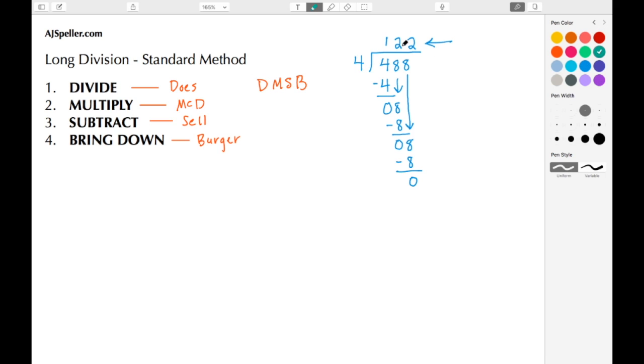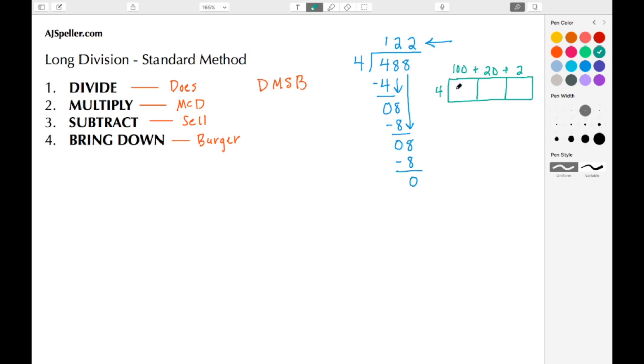To do the check, we have to multiply the quotient times the divisor. So here the quotient is 122. Let's use the area model to help us do this. We're going to write the number 122 in its expanded form. So we're going to break this box into 3 pieces. We have a 1, which is in the hundreds place, a 2 that's in the tens place for 20, and a 2 that's in the ones place for 2, and our divisor here is the 4. Once we get to our answer, our product here should match the dividend in our division problem.